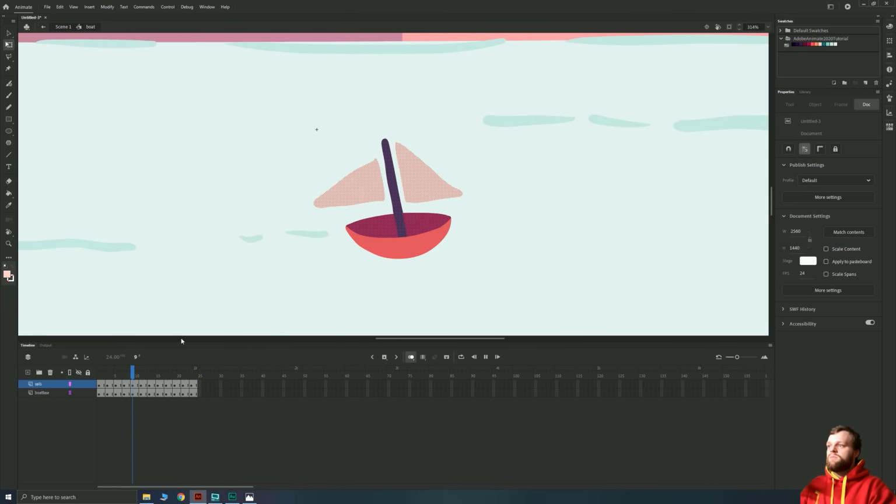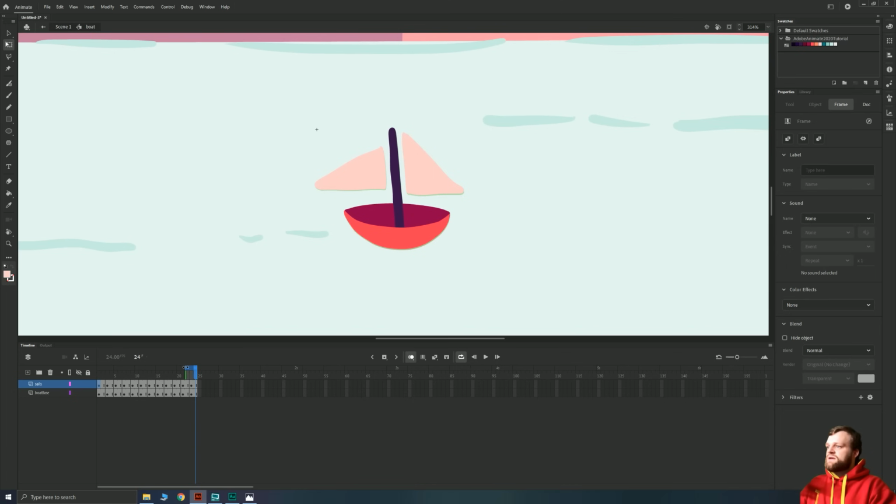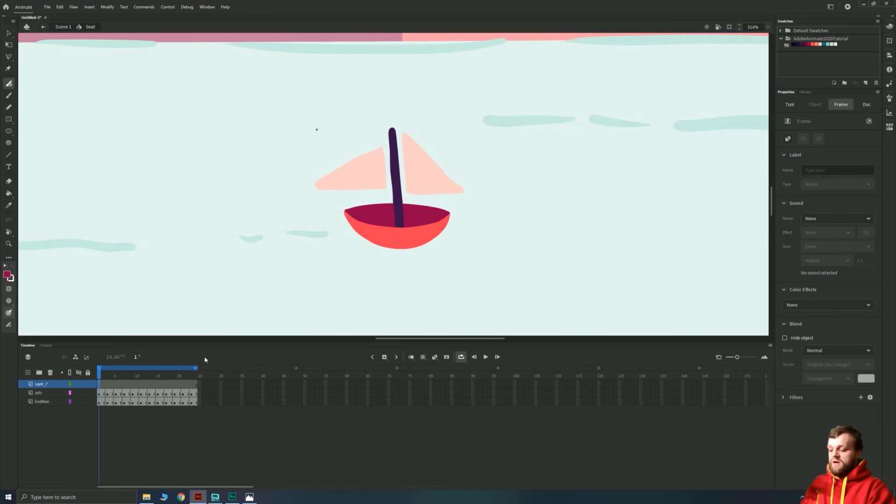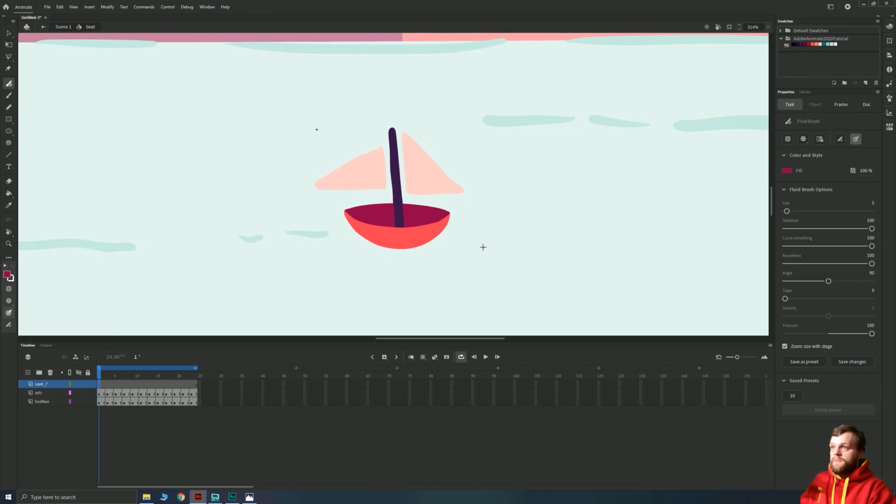Let's add in a quick loop so we can see it moving up and down. So that creates a nice little bobbing loop, okay? Seems good to me. So it's time now to create the little wave that's going to mask out the bottom of our boat here. So to do that, we'll create a layer on top, and we're going to just draw